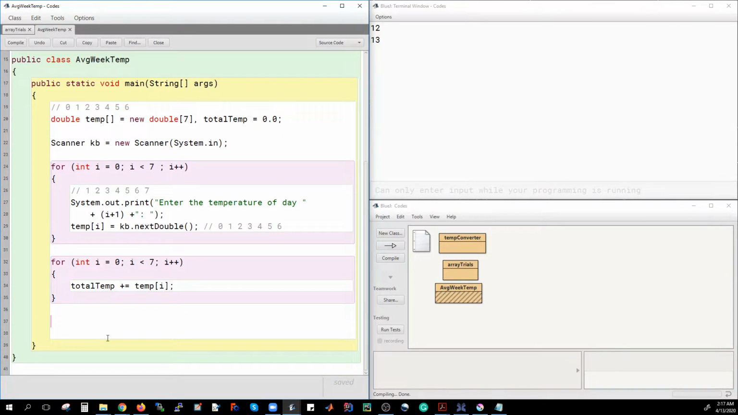So now I have total temp, which is the summation. It was starting from 0. This is the accumulator that I have here, and then I keep adding the values of temp one by one from 0 to 6. Then after I'm done, I could just go and say System.out.println, and I could say, for example, here